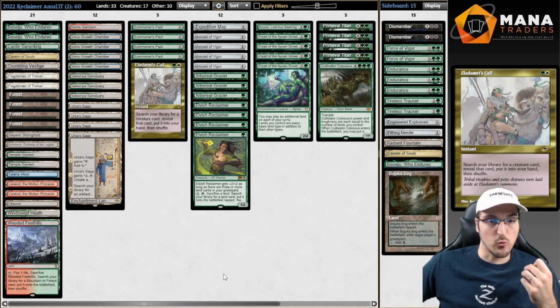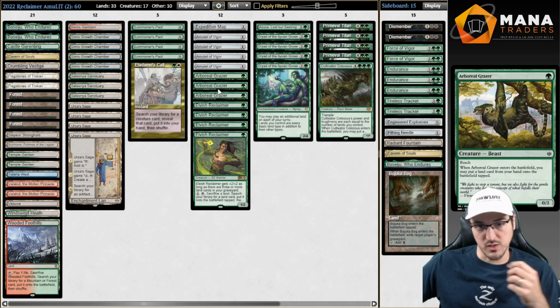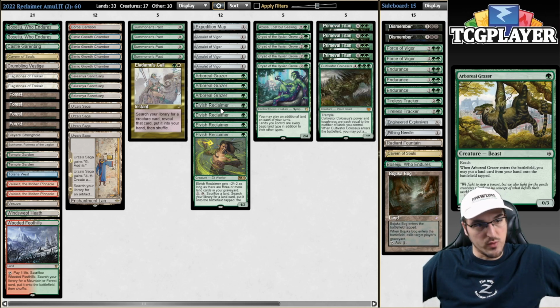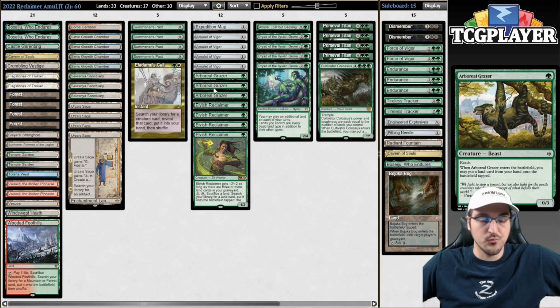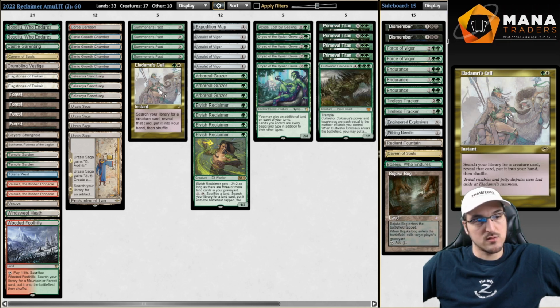We can only make room for one because we are playing Colossus. We need to be playing Gracers because of Ragavan being omnipresent in the format. So even though we are playing four Reclaimers, we still need to make room for some Gracers as well. But Elvish Call is always a card that I really, really liked, and in fact, to the point